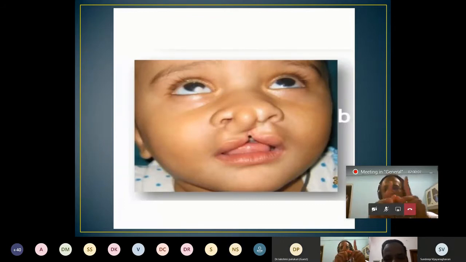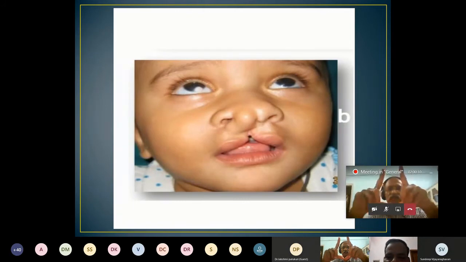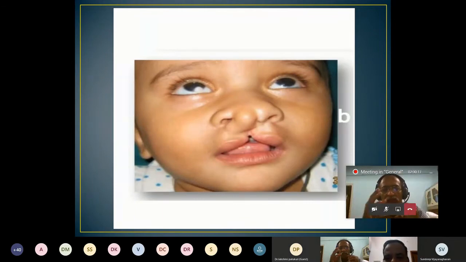Okay, so that is how you are creating this Cupid's bow, which is the normal Cupid's bow, with those two triangular cuts. Then you raise this flap as an open rhinoplasty approach, dissect the entire cyst, bring the columella together, bring the alar dome together, alar cartilage together, and create a new columella. You have to discard most of the tissue from that hypertrophic, swelling area. That is how you can repair the lip.